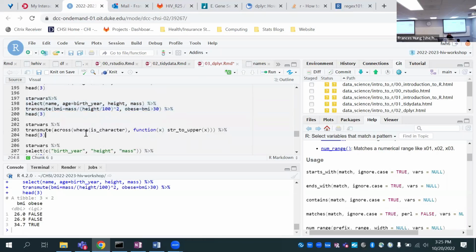So one thing that we can do is we can mutate or transmute across multiple columns. And there are a few ways of doing this, but the most up-to-date way, I think, is using the across verb.